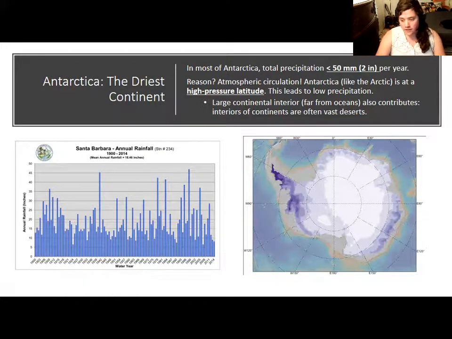Now, Antarctica is a desert. When I was there, it felt like I was in Utah or Arizona. You can just feel the dry air evaporating all the water out of your body, and it's really unpleasant, frankly. And when the wind is blowing, it is even worse.